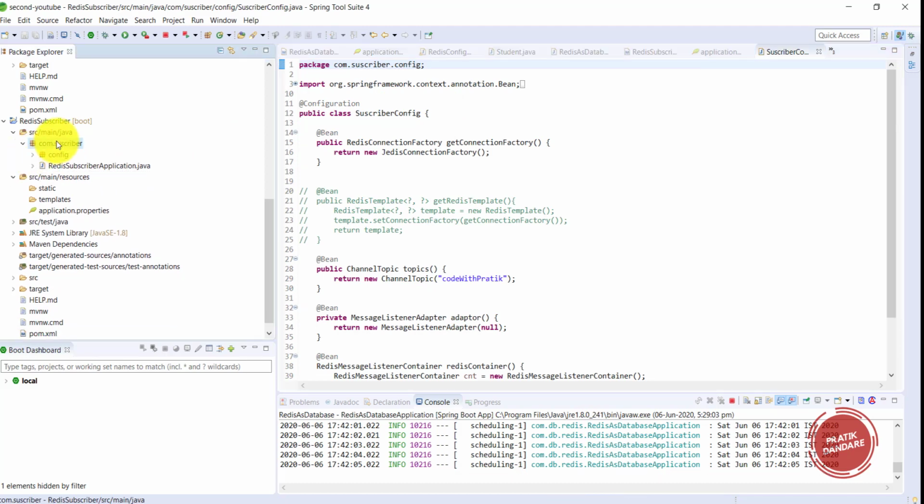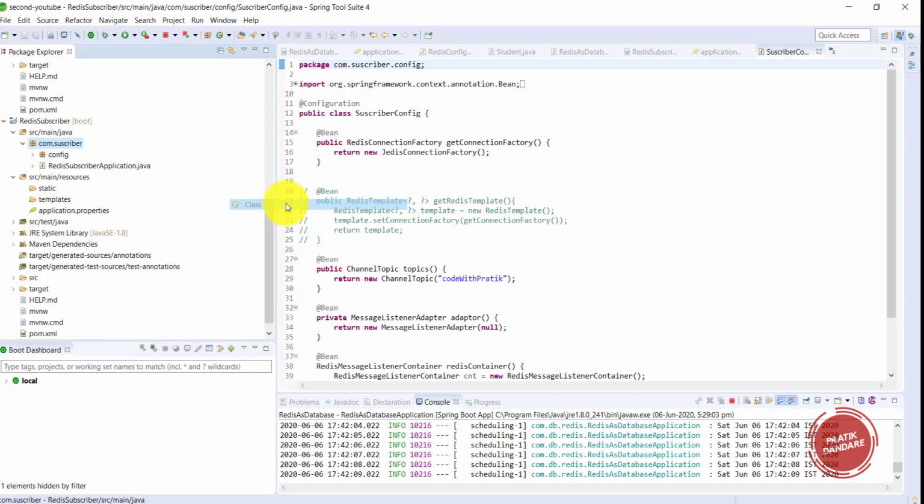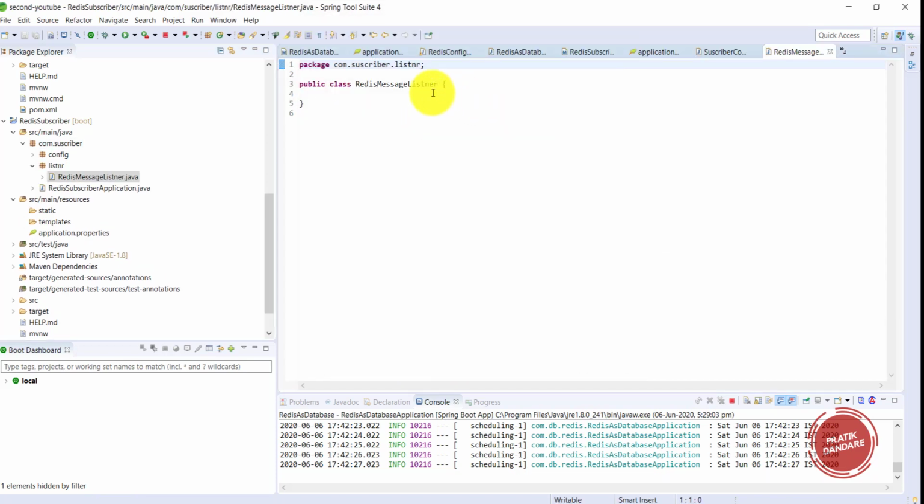Now I want to write one listener for it. So let's write the Redis message listener, which I'll write in the listener package. Okay, so I created it.